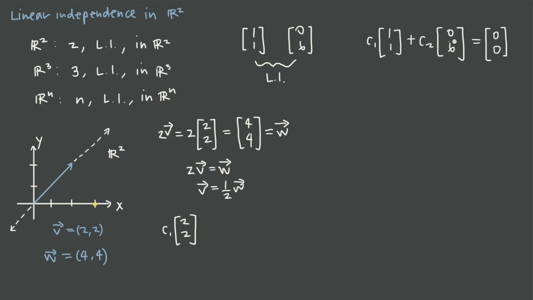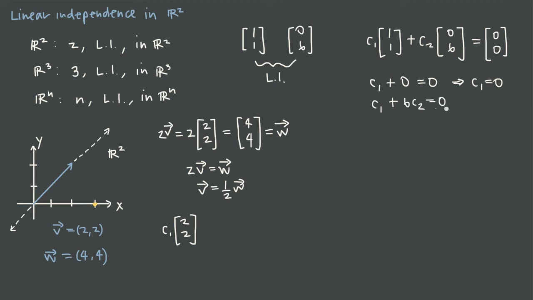What you do is you break up this vector equation into a system of two equations. So you say C sub 1 times 1 gives you C sub 1, plus C sub 2 times 0 gives you 0, is equal to 0. You just work your way across the top. The result here you see is C sub 1 equals 0. Then we work our way across the bottom. We say C sub 1 times 1 plus C sub 2 times 6,